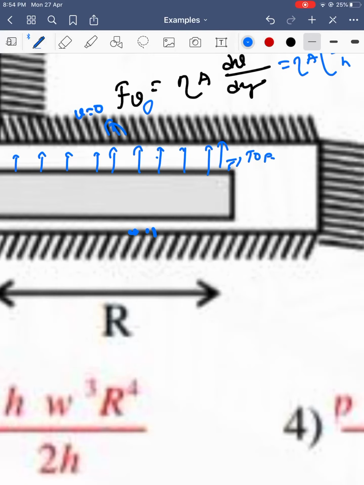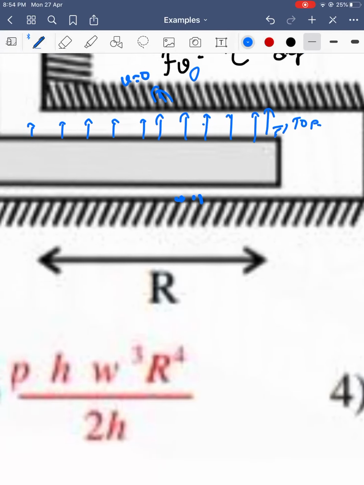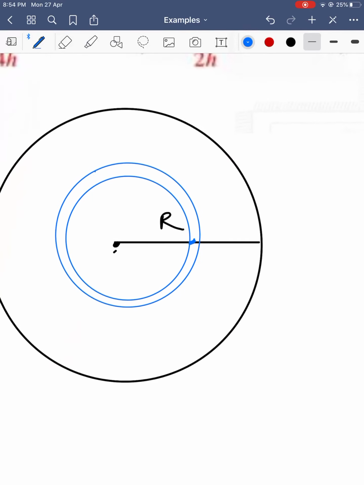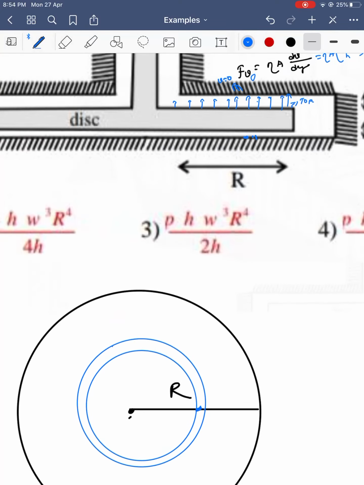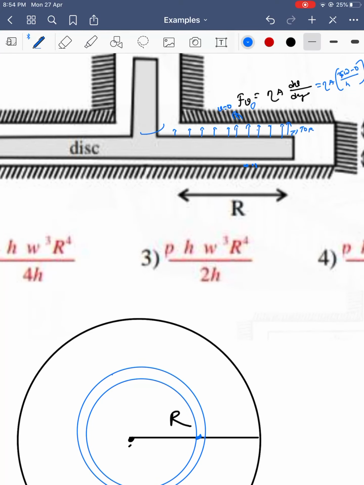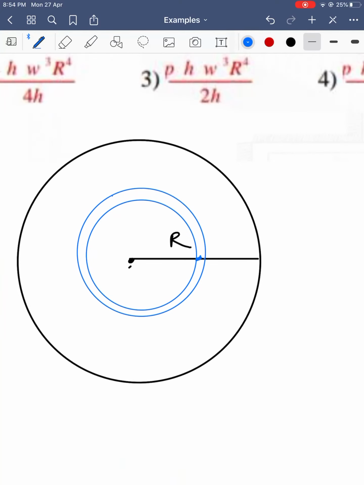Okay, the viscous force will be at the bottom also, in the same direction. So what is the viscous force here? The viscous force tries to act in the opposite direction. Say the body is moving with the angular velocity omega naught, like this. The viscous force will act tangentially in the backward direction, from the top and from the bottom.